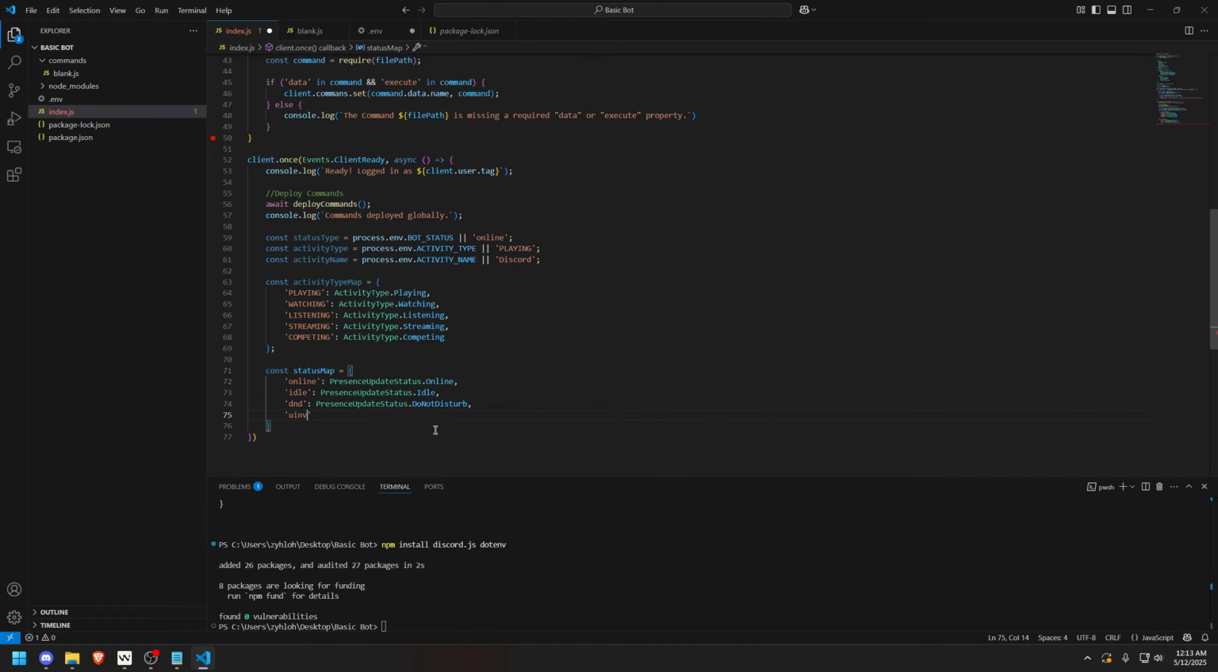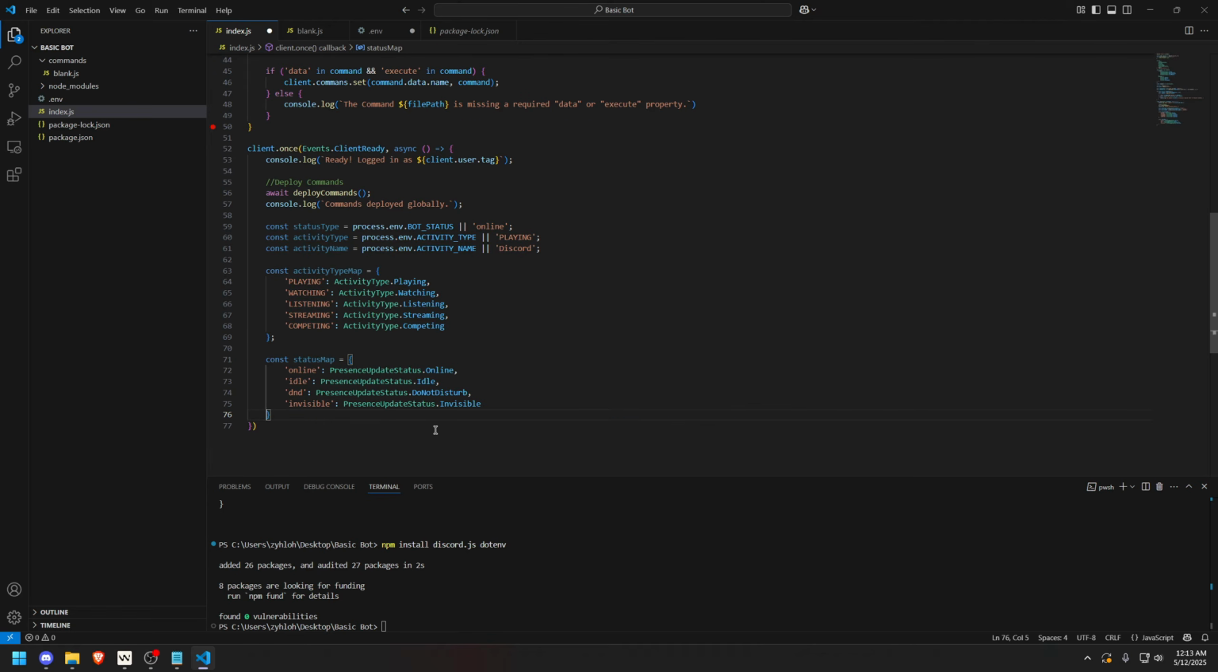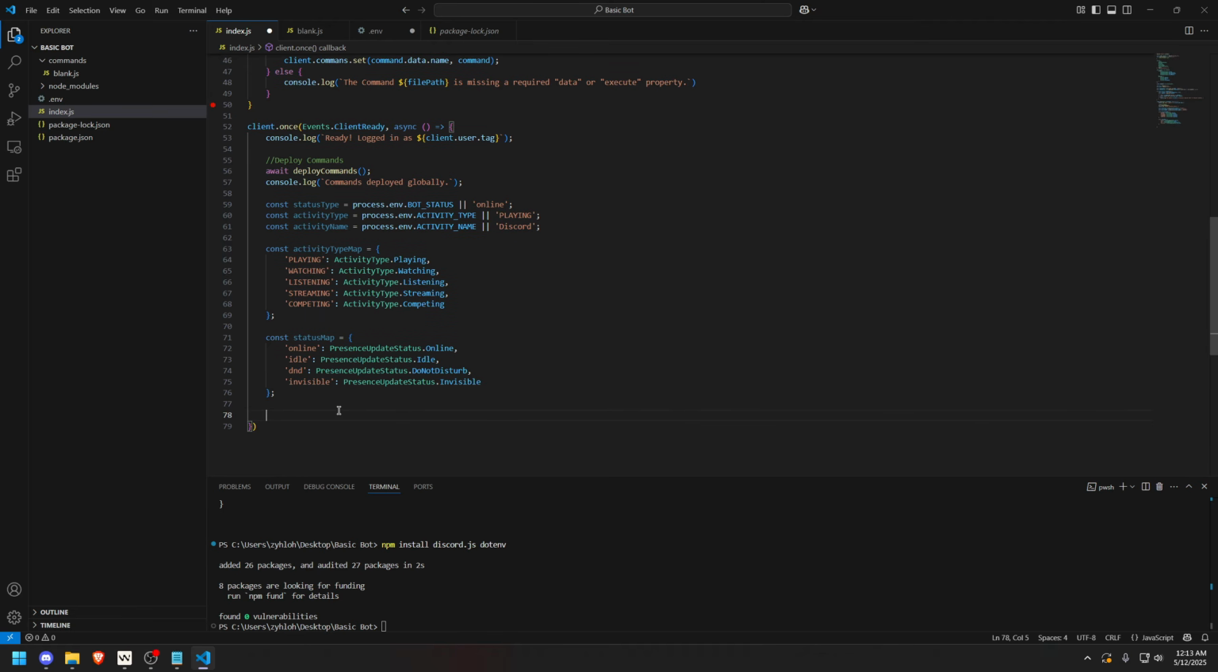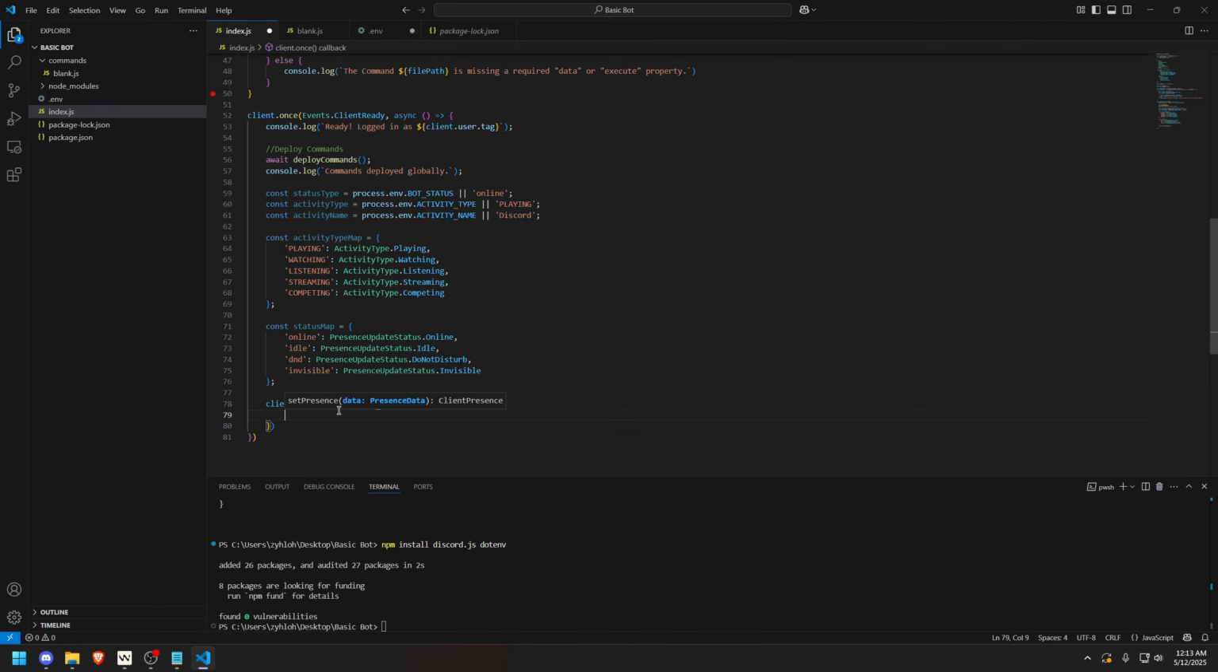And finally, the invisible status. So invisible is going to be PresenceUpdateStatus.Invisible. Once you have all those, you can go down, just like so, and put in our semicolon. Now we'll be actually setting the bot status. So going on down now, we can do client.user.setPresence, just like so, and go ahead and do a parenthesis and then the curly bracket, and we can do status is statusMap. So our status map we made, and then pass in the status type,